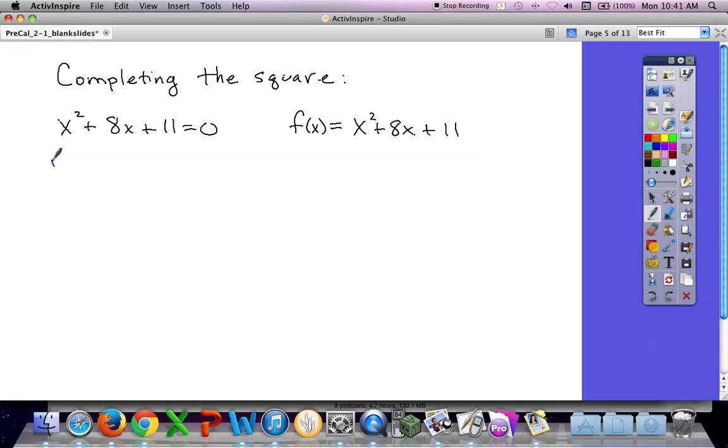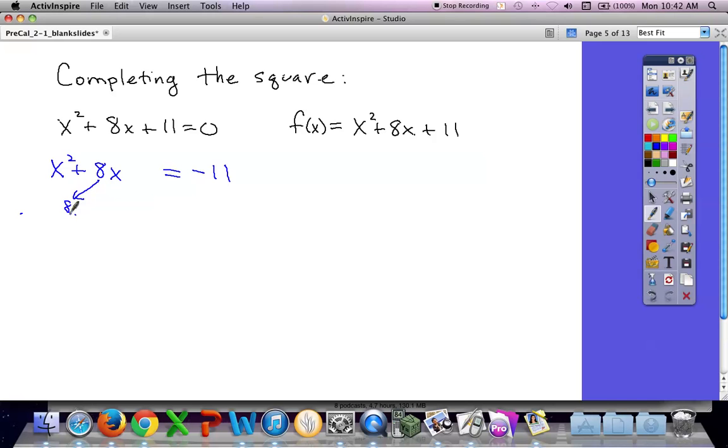x squared plus 8x, and you would leave a space for a third term, and then you would move the 11 to the other side. Okay, what we need to do is we need to figure out what number could we add after the 8x to create a perfect square trinomial. Okay, so here are the steps to find that number, and you'll see what I mean by perfect square trinomial at that point, right? Take whatever this number is here, right, the b,